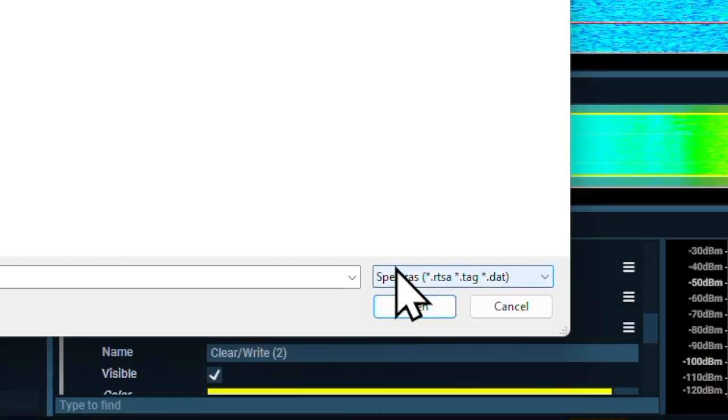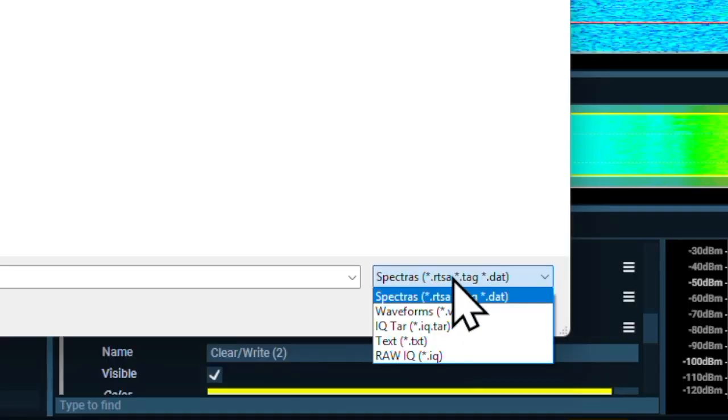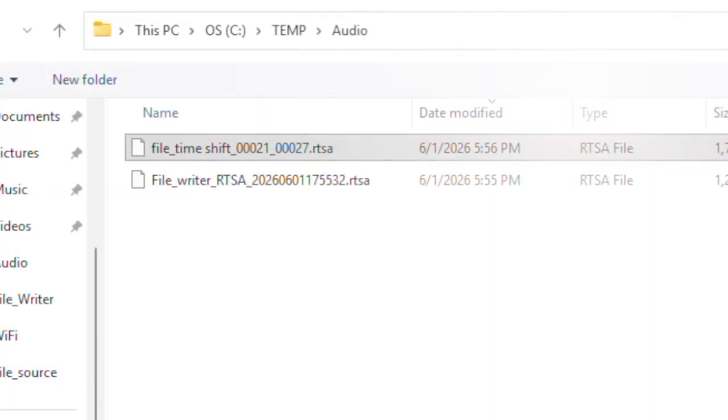Standard RTSA files in the Harmonia format, tag files more related to video, DAT files used for location information, .wv files, IQ tar archives, text files, and raw IQ files recorded by the raw IQ file writer. Open file_timeshift